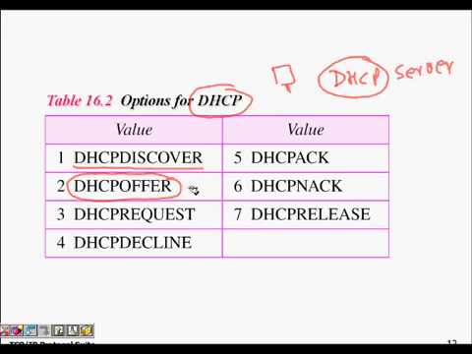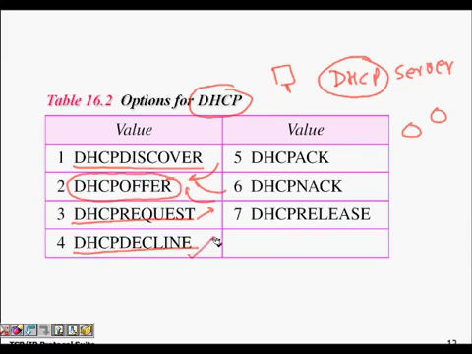And if there is more than one DHCP server, you might get more than one offer. Then you are going to decide whose offer, whose IP address, you are going to take. When I decide that, I will send the DHCP request to that particular server, saying I'm taking your IP address. But this will also be a broadcast message, so that other DHCP servers whose address I'm not taking also know that. That DHCP server might decline it because he might have given that IP address to someone else during that period.